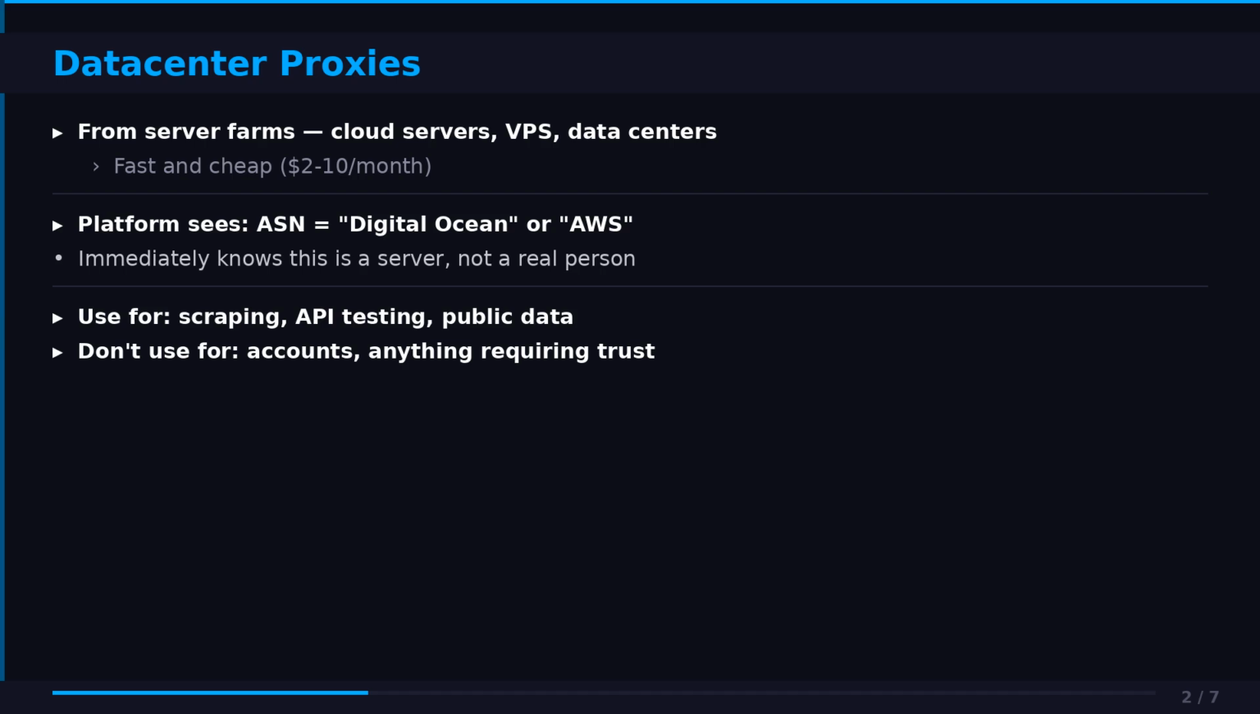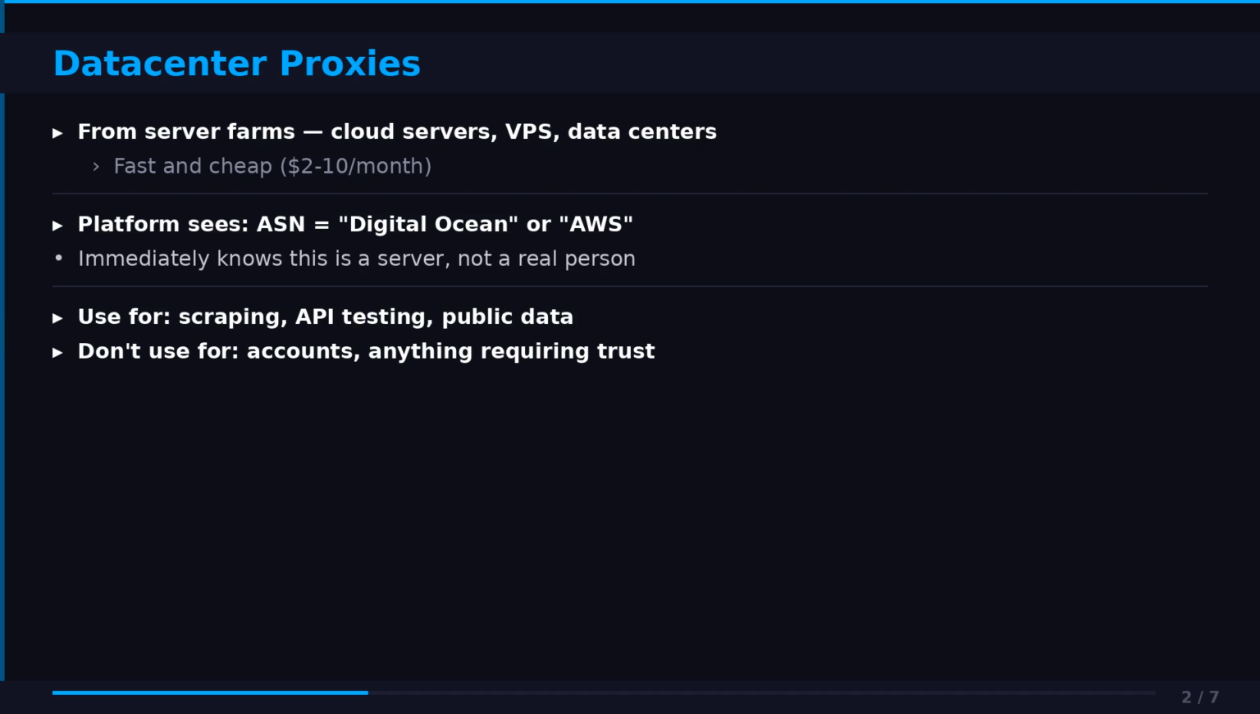That doesn't mean the platform will instantly ban you. It depends on what you're doing. For scraping public data, data center proxies work fine because scraping isn't user-like behavior anyway. The platform doesn't expect a real person to scrape, so it's not surprising when a data center IP does it. But for anything that requires platform trust, creating accounts, accessing sensitive features, operating an account, data center proxies are the